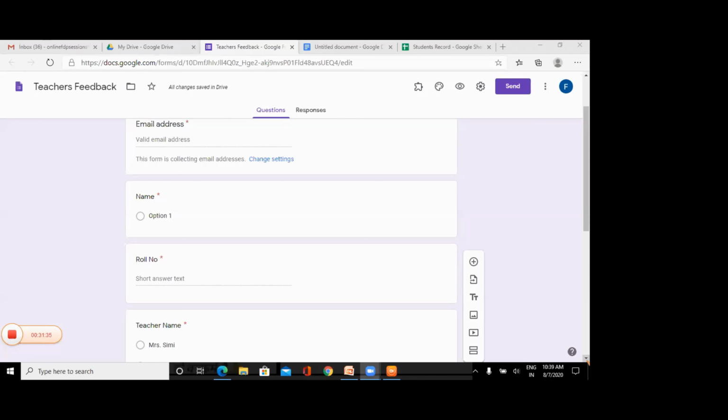Is it clear now? Google form I am going to share with my co-teachers. They will score or grade the performance of the students, and I will get the consolidated report individually. You can say if I have 50 students, then I would be able to get feedback from other teachers for all the 50 students. Folder student record teachers feedback, one document.